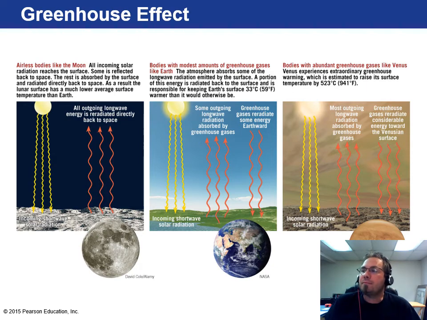You have incoming solar radiation, right? And then you have some outgoing radiation absorbed by the greenhouse gases. Now, the greenhouse gases then turn around and re-radiate some of that energy back towards Earth. And this is where the problem lies. It creates sort of this trapped amount of atmosphere that can literally raise the temperature, all right, by enough to cause global climate change.